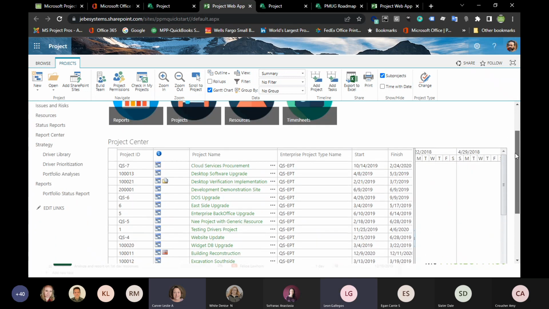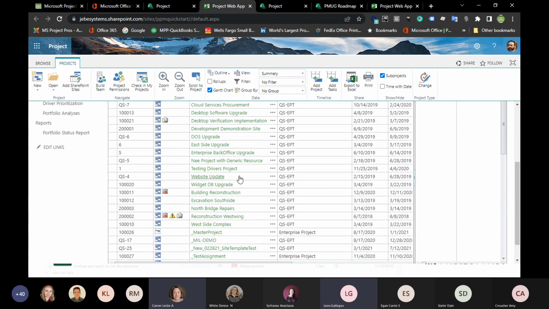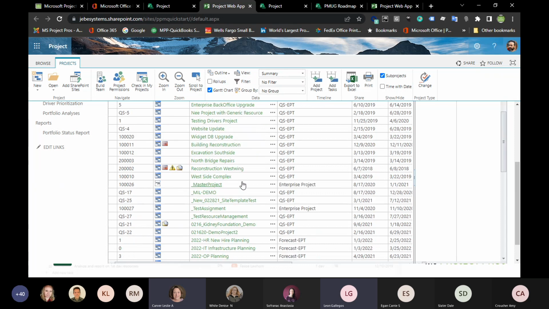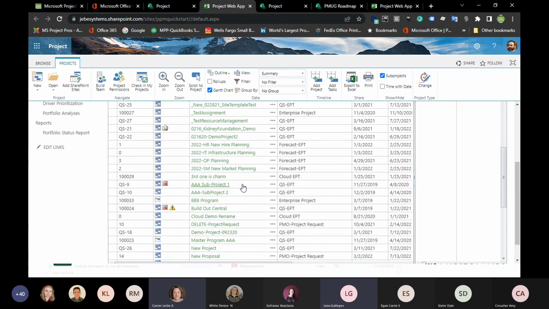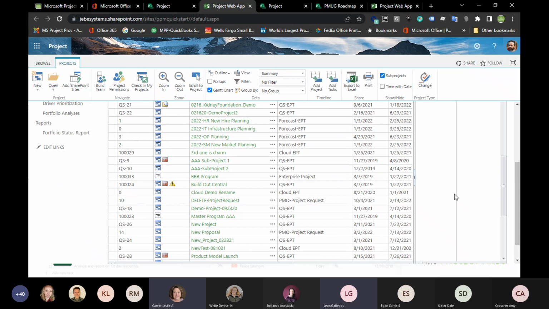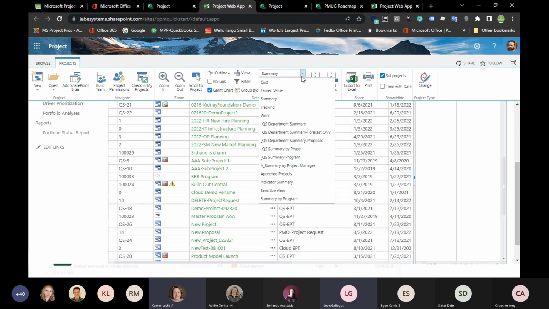And what you can see is a long list of projects, right? These are all full-fledged, built-out projects that you're seeing in this list. So all of the project managers would be storing their projects in this location. So it gives us that project centralization. So we talk about what are the benefits of using Project Online is the fact that all projects are in one place. And I can easily get access to that information and view it in very specific ways.